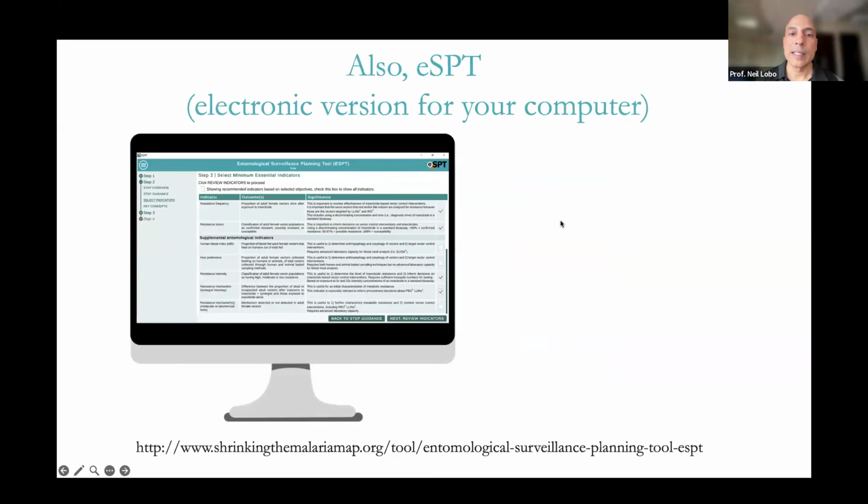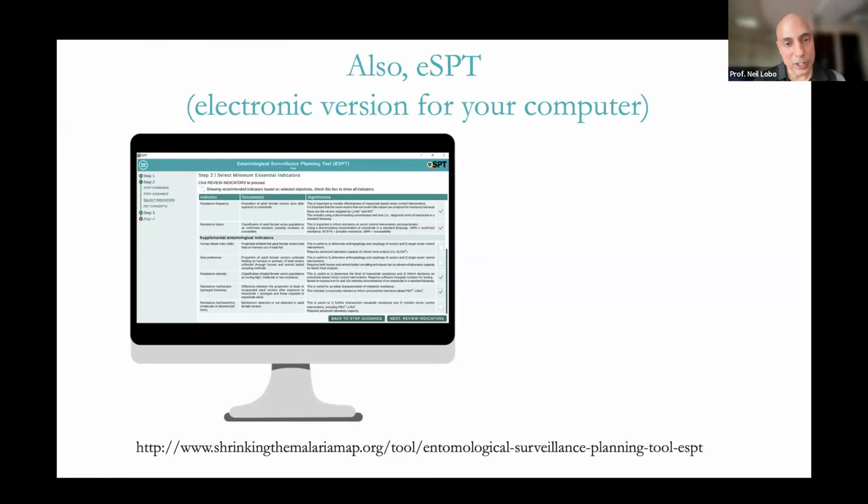In addition, there is a little ESPT, which is an electronic version of the ESPT, which you can download to your computer and work through. It's everything that's in the PDF version of the ESPT. I forgot to even mention that. If you Google ESPT and MEI, you will get to the page with all this data on it. There's a PDF version of the ESPT, which is available in multiple languages. The latest one is in Bahasa Indonesia, which is just a week and a half old. I want to thank Pak Din Syafruddin and Ibu Puji for helping translate this into Indonesian.